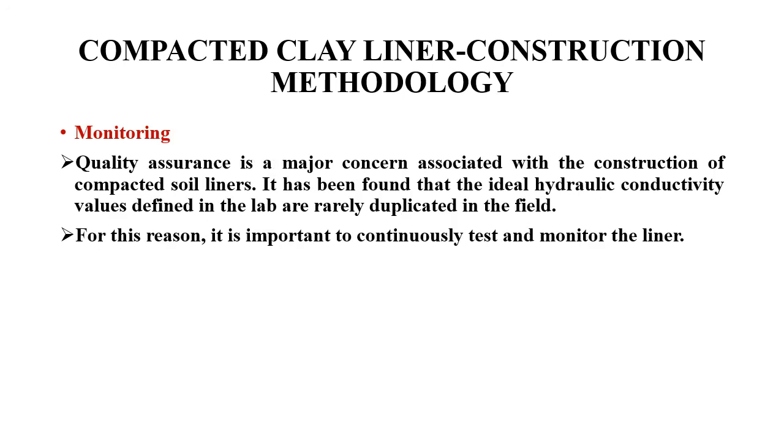So lastly, what we have to make sure of is proper monitoring. By monitoring, I mean the main criterion we are trying to achieve is lower hydraulic conductivity, and whatever liner material we are going to use, we would have already tested it in the laboratory to determine its hydraulic conductivity. But normally, the value of hydraulic conductivity that you achieved in the laboratory doesn't really get duplicated in the field. If you conduct field permeability tests, the values are going to be very different for the same soil than what you observed in the laboratory.